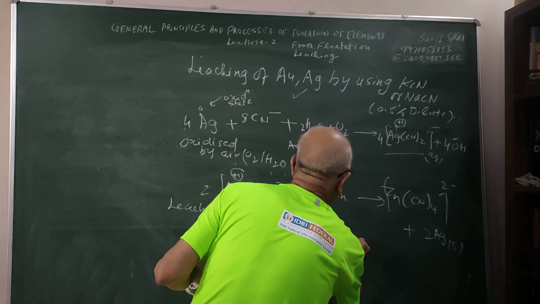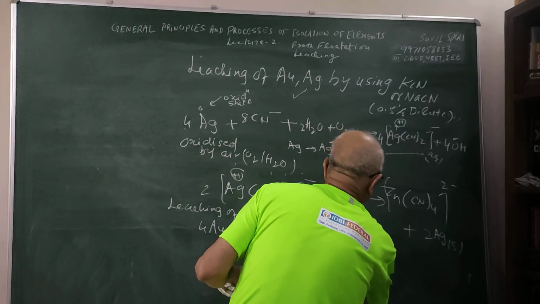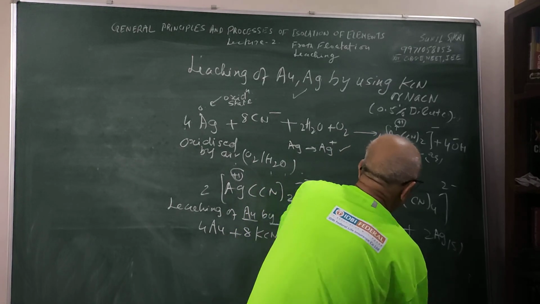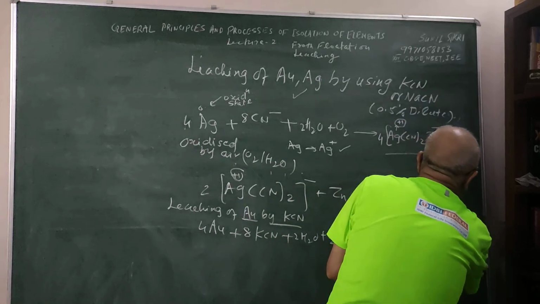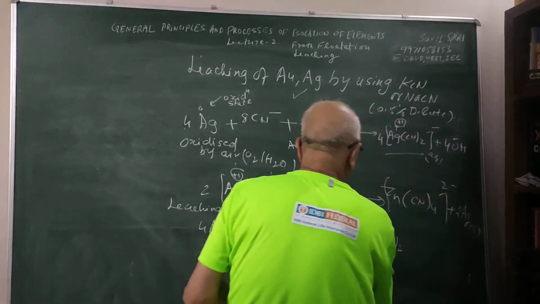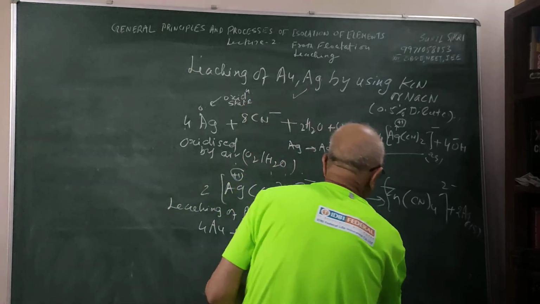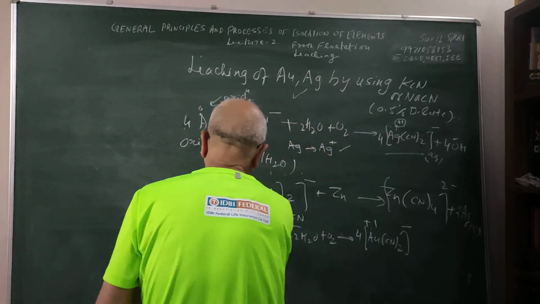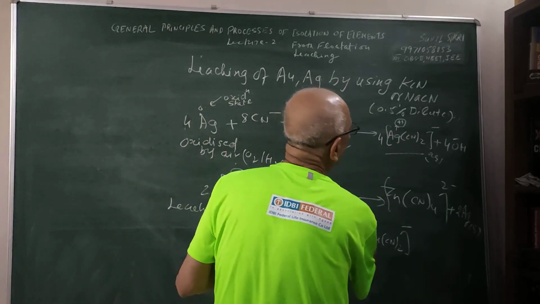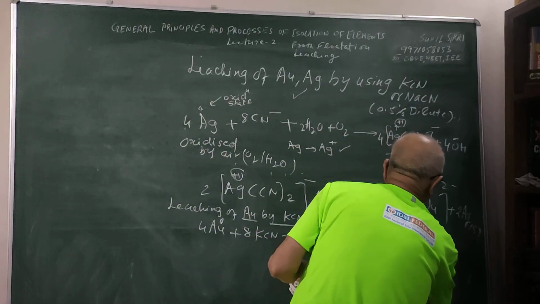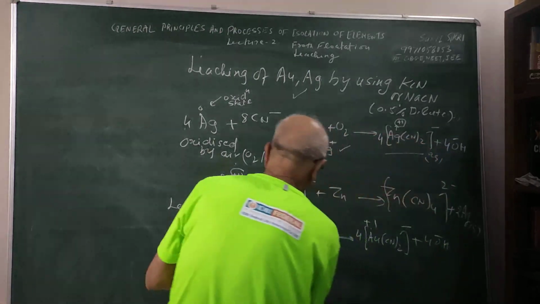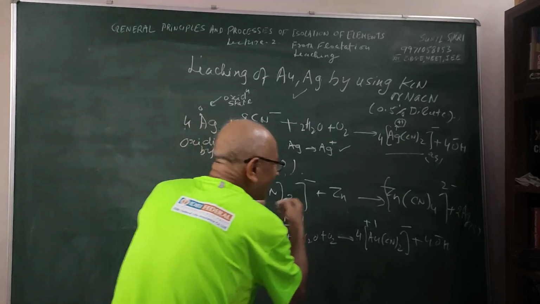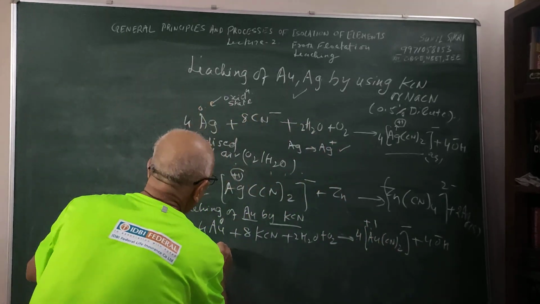then what is the result of this? Then a complex will be formed, [Au(CN)2]-. This is produced. So what you are getting is 4 [Au(CN)2]- complex. Gold is now in +1 oxidation state. Here gold is in 0. This has been oxidized. And you have 4 OH-. Here the water and oxygen are oxidizing gold from 0 to +1 oxidation state. And once you get